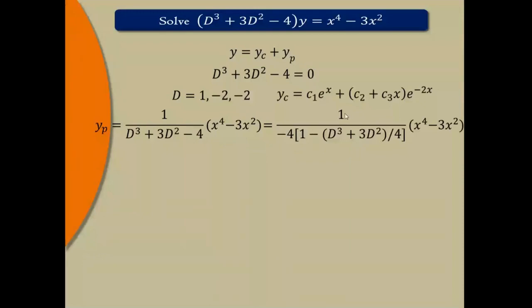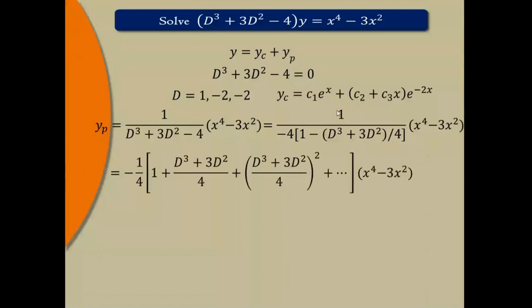And now use the formula of 1 upon 1 minus z. Treat all this term as z. And while doing the expansion, try to get the terms in which maximum power of d will be 4. And for this, maximum power of d must be 2. So use the expansion of 1 upon 1 minus z. Just consider the terms up to power 4. If you are getting higher power terms, then higher order derivatives of x raised to 4 become 0. So no need to take the further terms. Okay, so do the expansion.